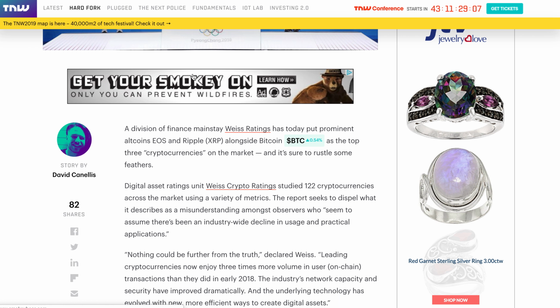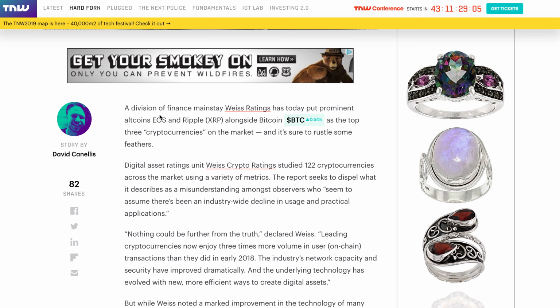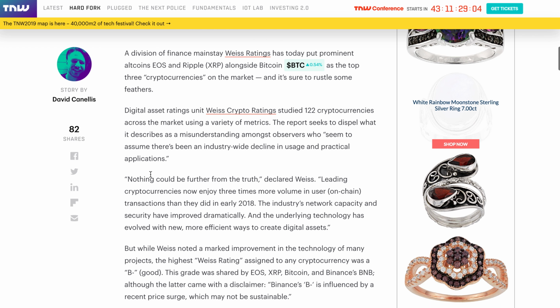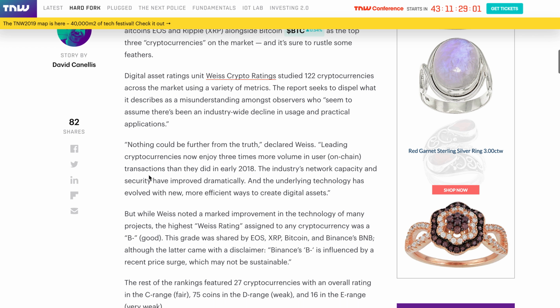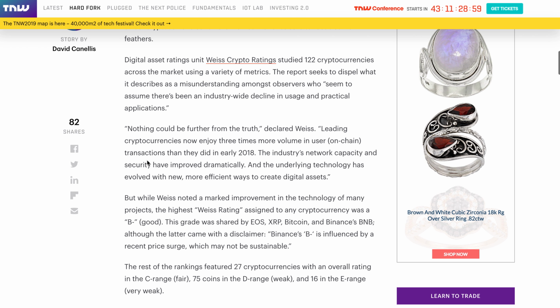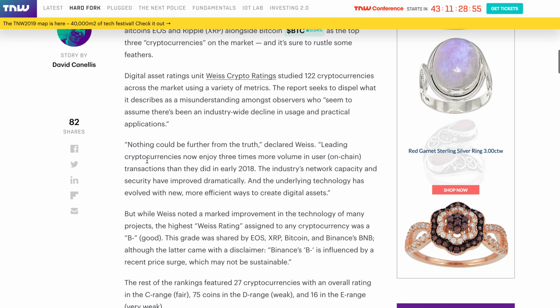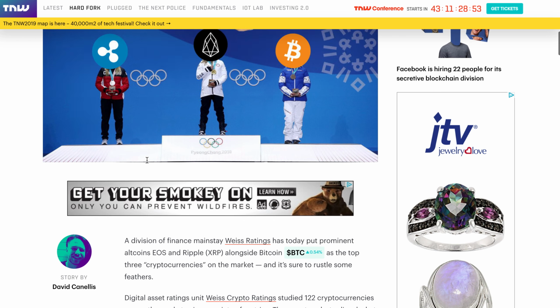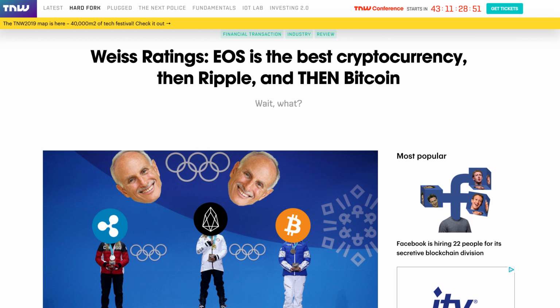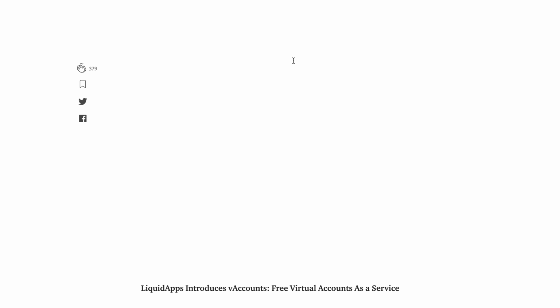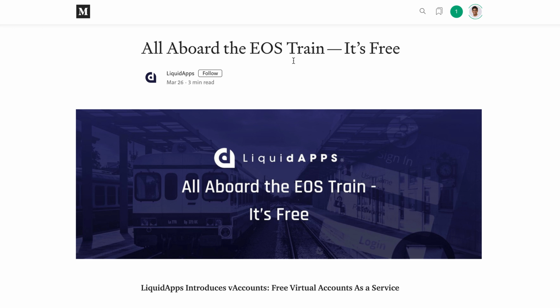And it's not just crypto, it's about the projects they're talking about. They highlighted that they have a lot of volumes. They're highlighting that the kind of use cases which are evolving is really amazing, and EOS has been getting the attention. But the bigger story I wanted to talk about is the news about the V account, which